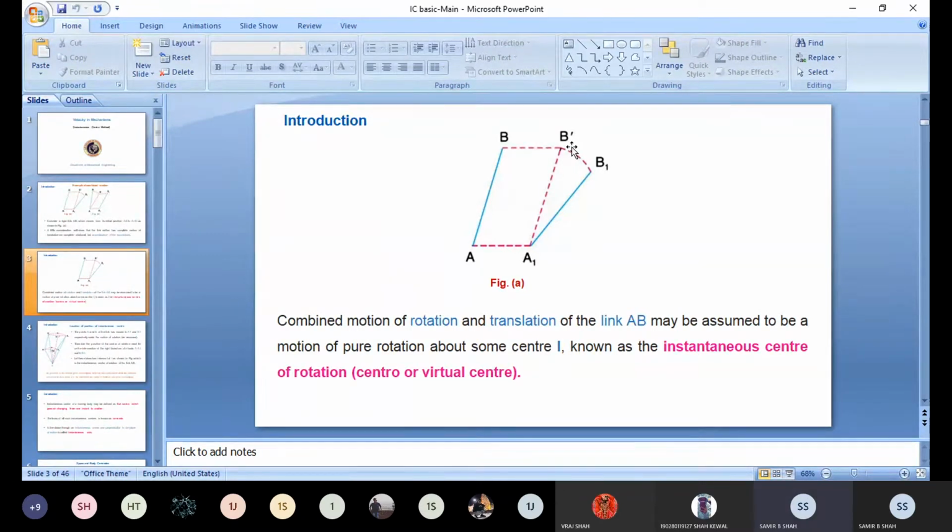Thus, these combined motions of rotation and translation of the link AB may be assumed to be a motion of pure rotation about some center, which is considered as center I, and that is known as the instantaneous center method, or we can say the instantaneous center. Understood? As I discussed,